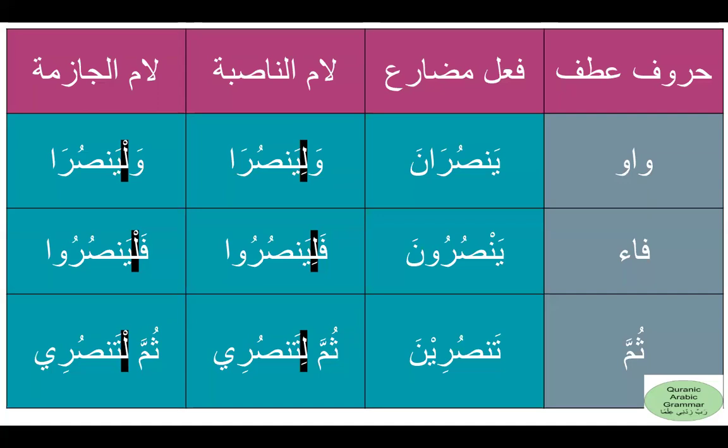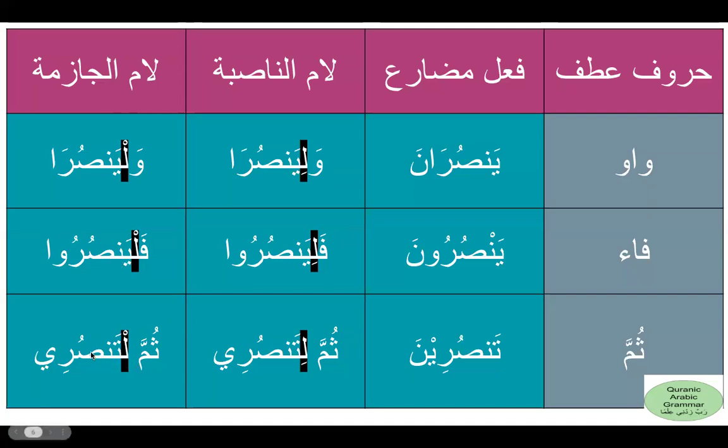It does not drop its kasra, it keeps its kasra with it. On the other hand, lamul jazima, also known as lamul amr, drops its kasra and takes this sakoon, as we can see in words wal yansura, wal yansuru,